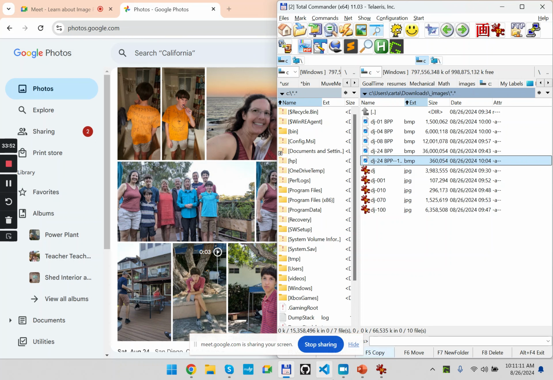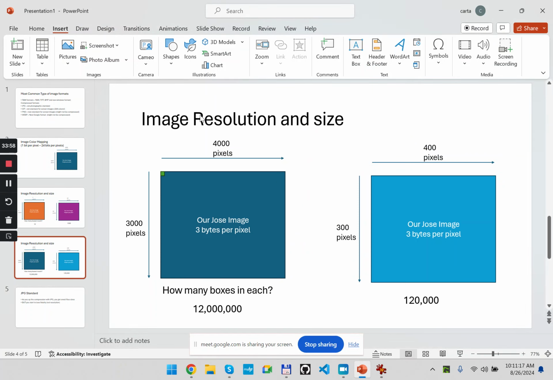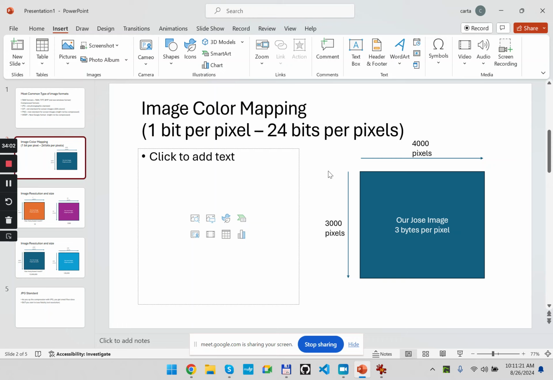So that was JPEG. Do you guys understand the difference between image resolution now and the bits per pixel? Do those two make sense? Yeah. And image fidelity, you can have the same